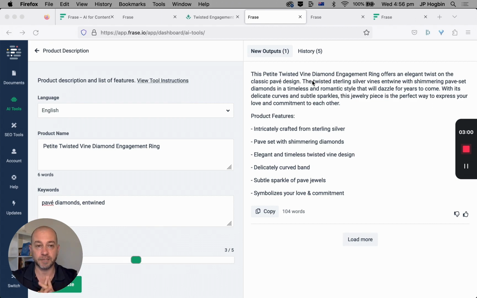product description. So for instance, sometimes it might generate something about saying it's, say, 14 karat white gold. In this case, it's actually said sterling silver, now that I've read it. So it might be that you don't do sterling silver. You might only do white gold, rose gold, yellow gold, and platinum, in which case you would be replacing that, obviously. But what we're seeing here is that it's getting to a point where it only needs just a few